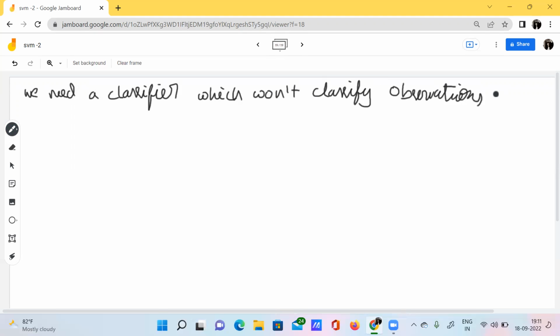We don't want to classify all the observations correctly. We are okay to allow some misclassifications.